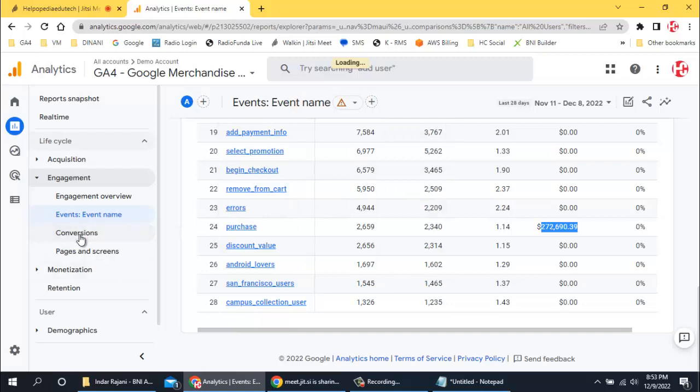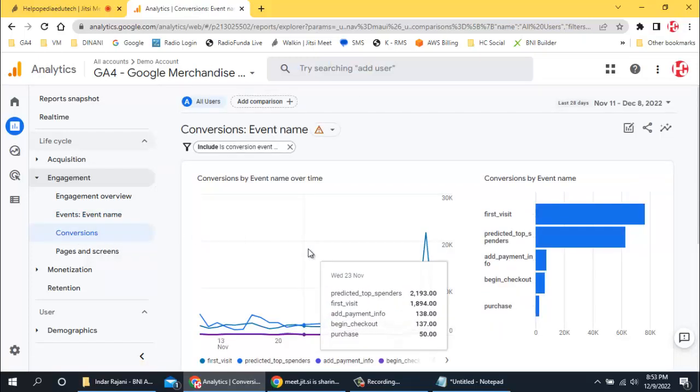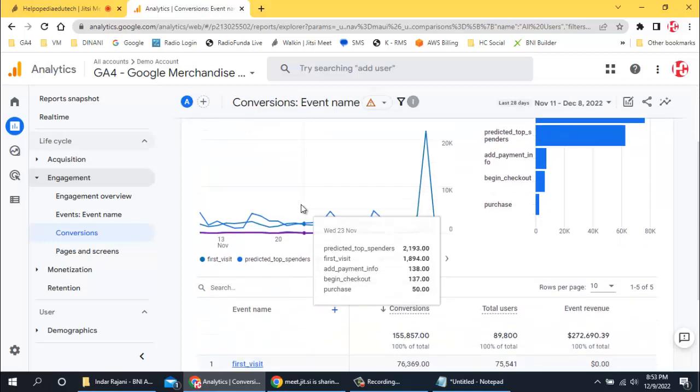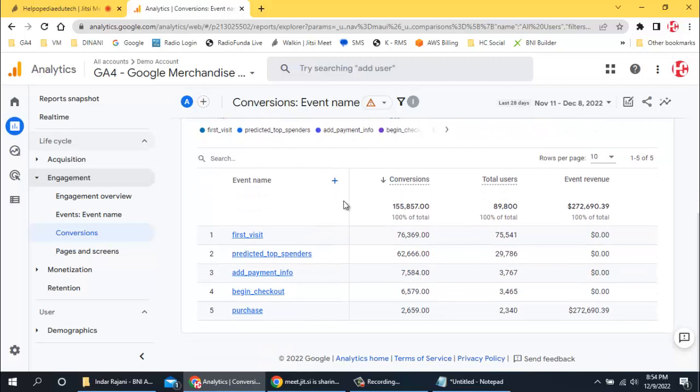Then finally conversion, so that is converting from coming as a visitor and then performing some action and becoming a user or say subscriber or an affiliate or whatever it is. So various types of conversions from the people who came for the first time, this many conversions happened. The predicted top spenders, this many conversions happened. And over here total number of users, so this type of users which were there, predicted top spenders,